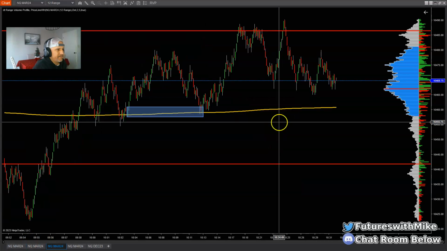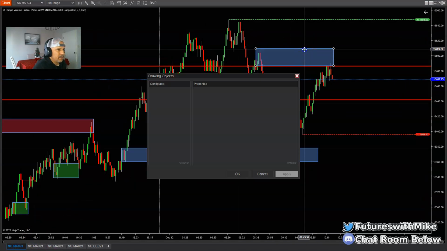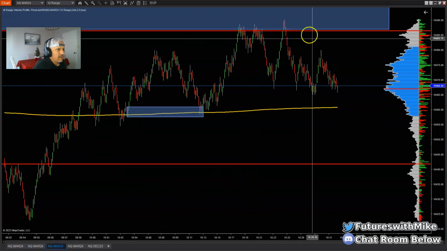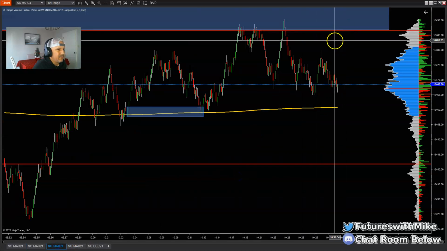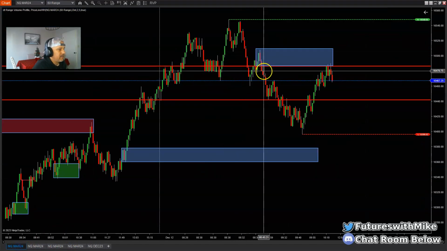Let's see. I'm not sure if I'm going to get a pullback to where I want. I'm going to do this right quick. I just want to see this on the chart. I'd like to see it pull back to this area up here and maybe take a short. It tapped into this area of,